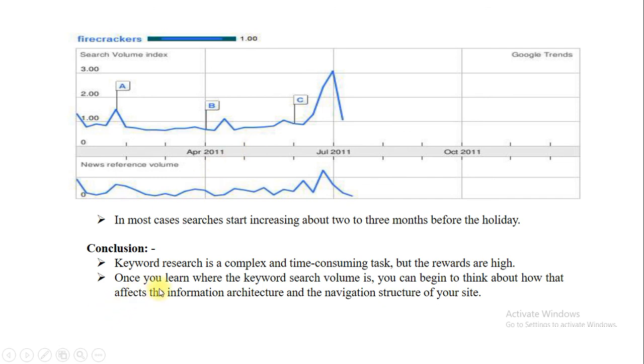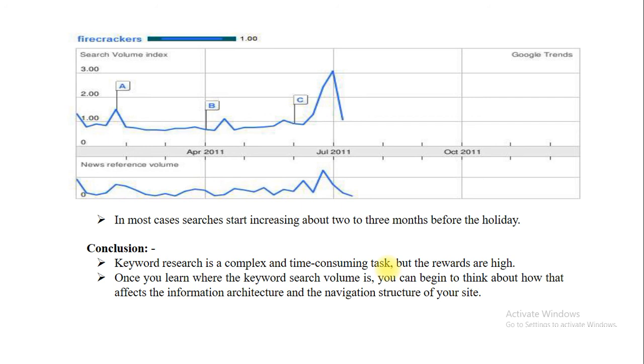So what is the conclusion? Keyword research is a complex and time consuming task, but the rewards are high. That means if you apply proper keywords in your website, you will definitely get a high return on investment. Once you learn where the keyword search volume is, you can begin to think about how that affects the information architecture and navigation structure of your website.